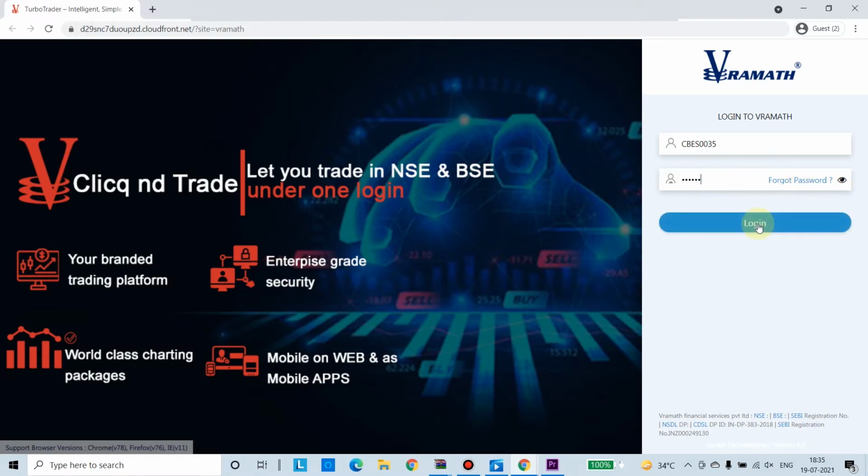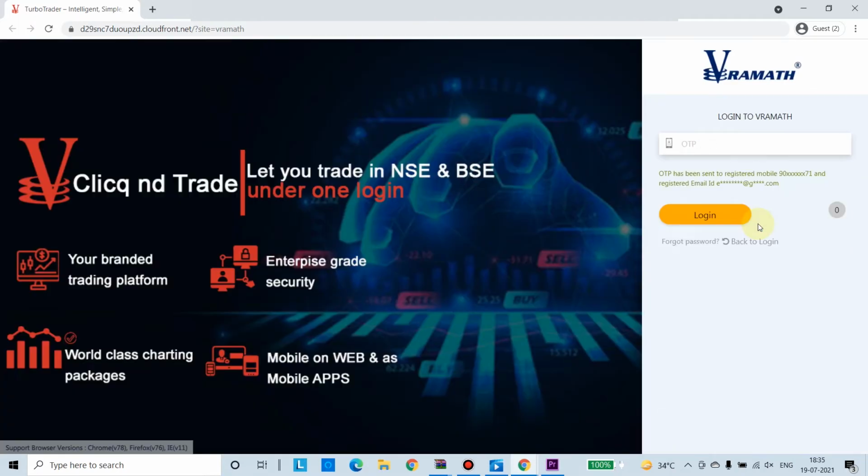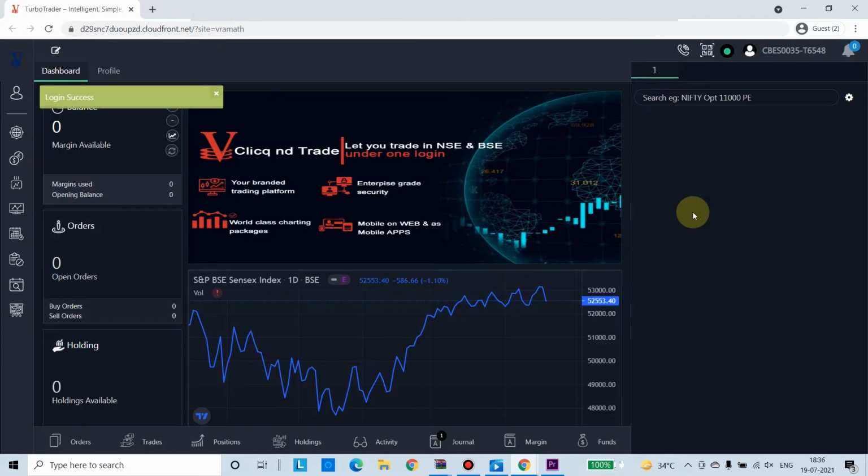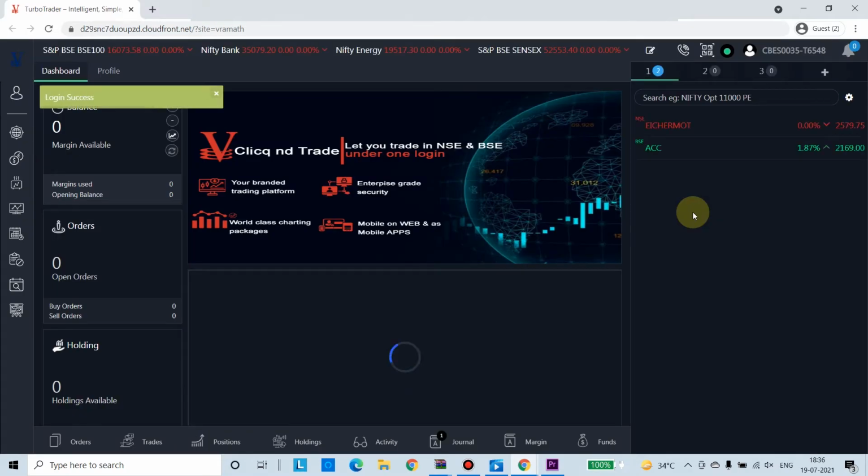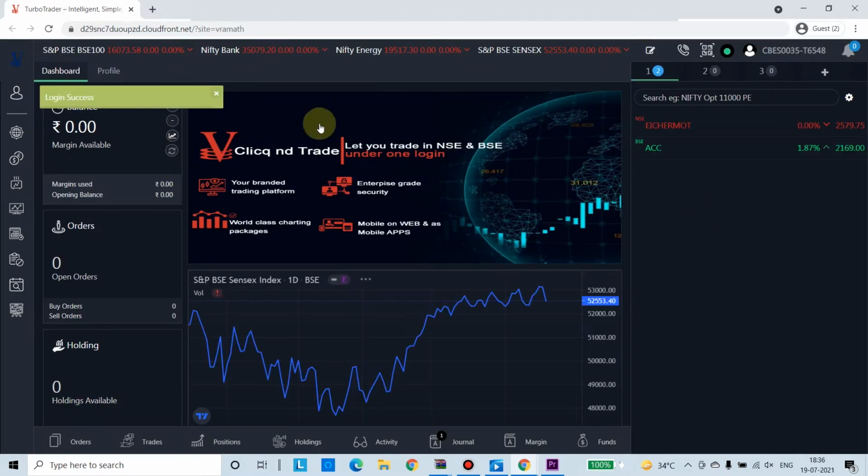After entering your password, you will receive a one-time password to your registered mobile number and email ID. After entering your OTP, kindly log in through the login page.